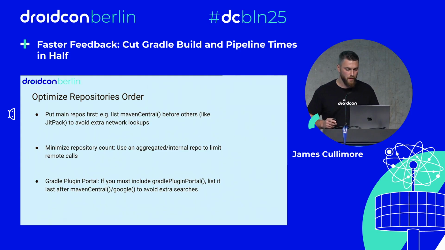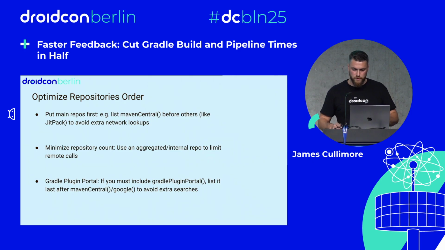Removing unused repositories also matters. Over the years, people add test repos, company internal repos, or plugin repos that nobody remembers. Each lookup adds latency. The easiest way to test this: just comment out a repo temporarily and run a build. If it doesn't break, you didn't need it. It's like spring cleaning for your Gradle config. Also remember, even if Gradle caches metadata locally, it still checks for updates. So fewer repos means fewer checks, and fewer checks means fewer DNS and HTTP requests.